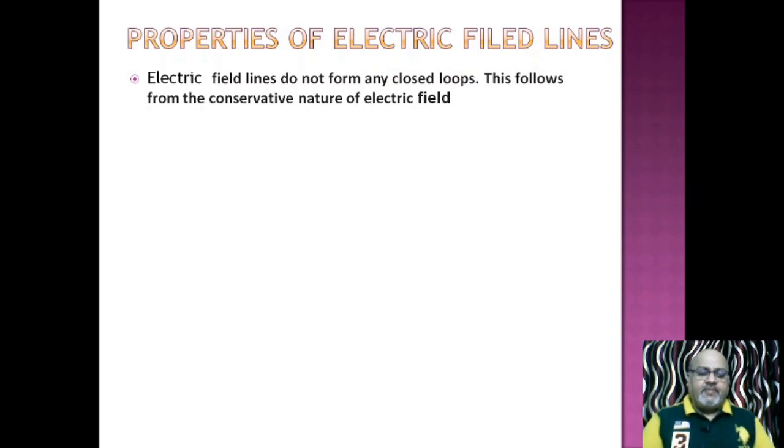What is another point? Electric field lines are not closed loops. Because if an electric field line starts from the positive, it is bound to terminate at the negative. It will not again start from the negative and terminate at the positive. No closed path. Start from the positive, terminate at the negative, that's all. They are not closed loops. And this statement is exactly in support of the theory that the electric field is conservative in nature. We will discuss this point, why this is conservative, in coming lectures.